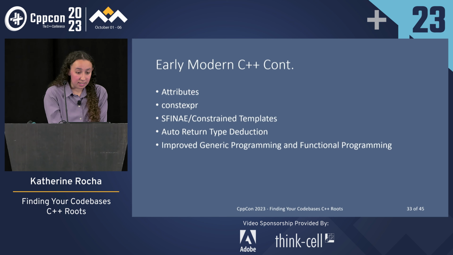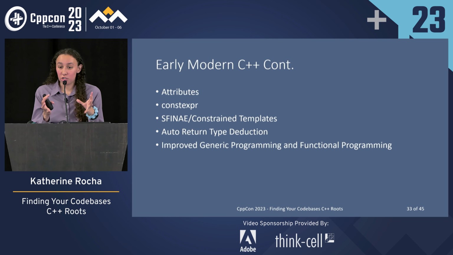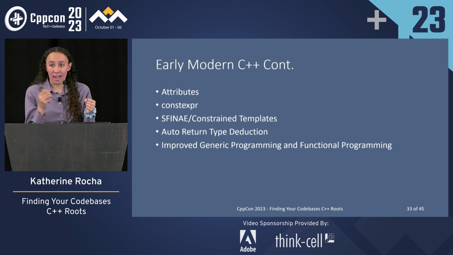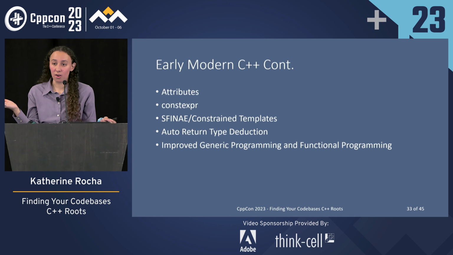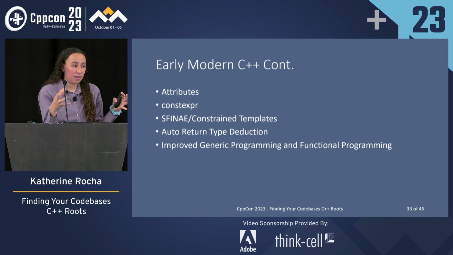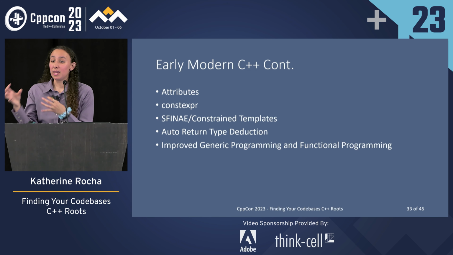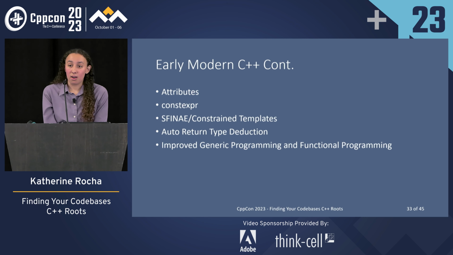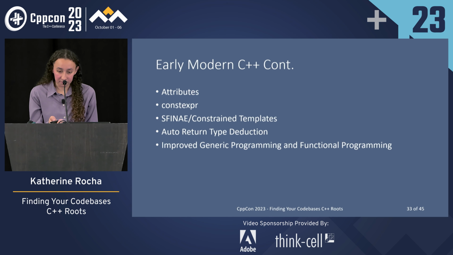Cool. And then to continue with early modern C++, we're also having a big shift away from object-oriented and towards generic programming and functional programming. This shift appears to be a little bit less drastic than the OO shift. The object-oriented shift tended to be a little bit more blanket across everything, and these tended to compete with OO. You're finding this balance, which we're starting to find today, of maybe we need a little bit of each thing in a variety of different areas, as well as having templates and all of that becoming a lot more present and trying to figure out how we can write different types of code.